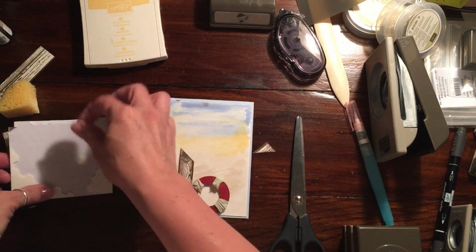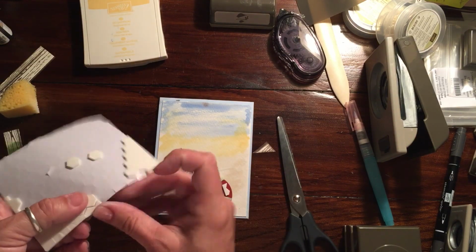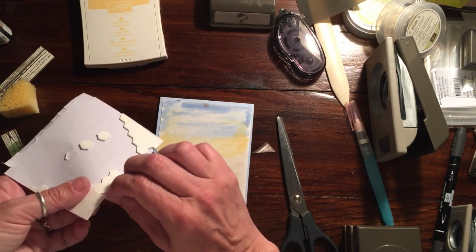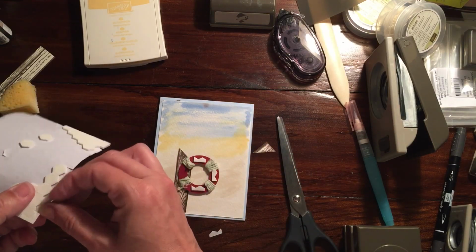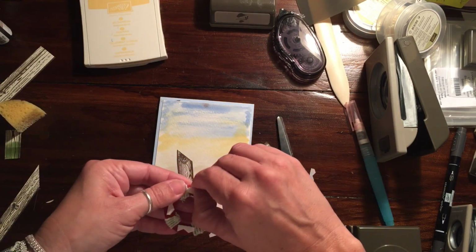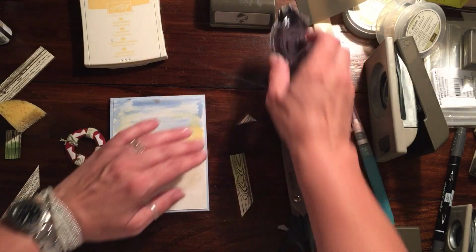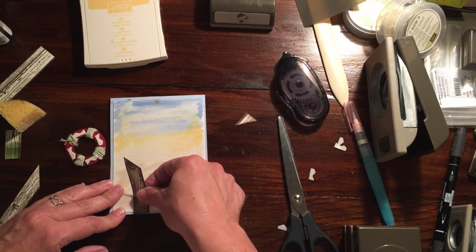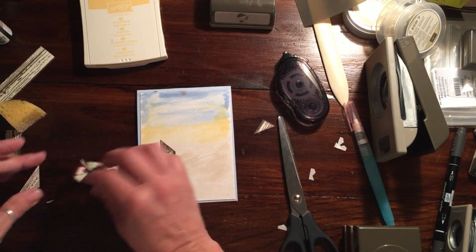I'm actually going to use the pieces of the dimensional. So I'm going to use 4 little of the edge pieces to make it fit better. 1, 2, 3, 4. Okay, so I'm going to pull those off. And I'm going to put a little bit of Snail onto my piling. Set that right about, I'm going to put it on the bottom so it matches up with the bottom of it. Right about there. We'll put our